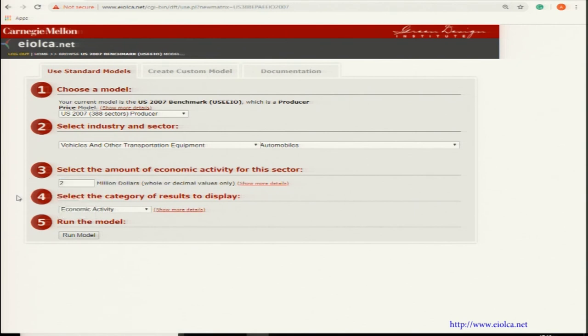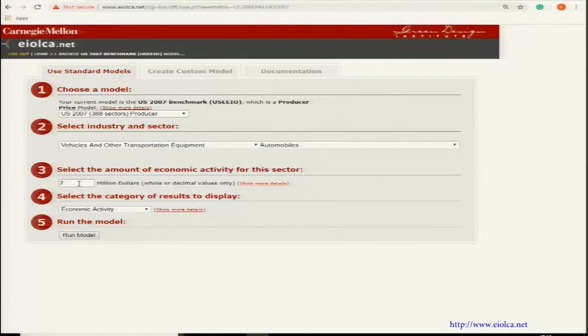It is important to know that if we are analyzing a product that has a lower economic value, we might like to put a multiplier, because the results are given in 3 decimal places, 3 significant figures. So, if I am taking the production of a pen, I can't put 10 rupees; I need to multiply it into such a big number, or use a multiplier like 200,000 and so on. I have to use a multiplier so as I get the result in 3 significant figures of decimals. Other than that, the results won't be shown. So, $2 million is the value that is put here.